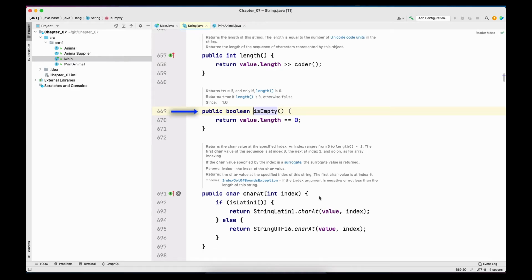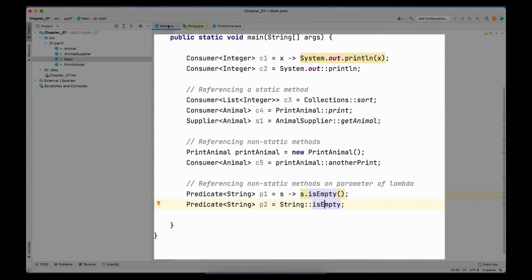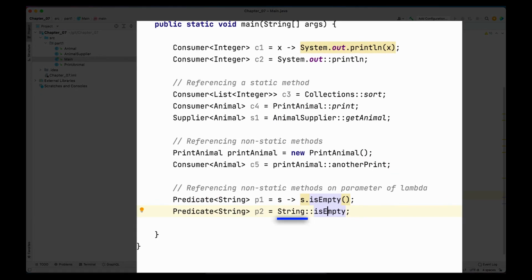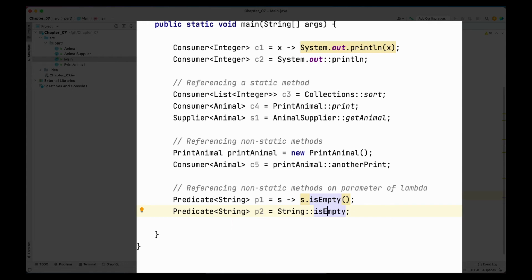So it knows that this method has to be called on an instance, but we haven't provided any instance. Given that we have provided String in the first half, it knows that it is supposed to get a parameter in the lambda of the type String. And that is why it is able to identify exactly what method will be called.